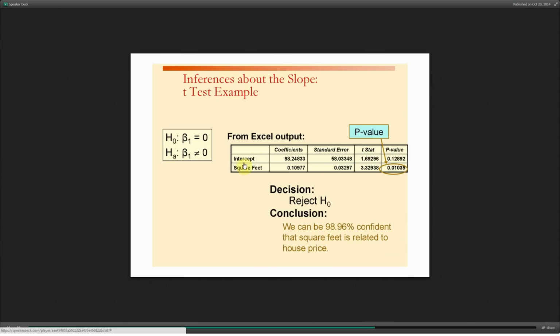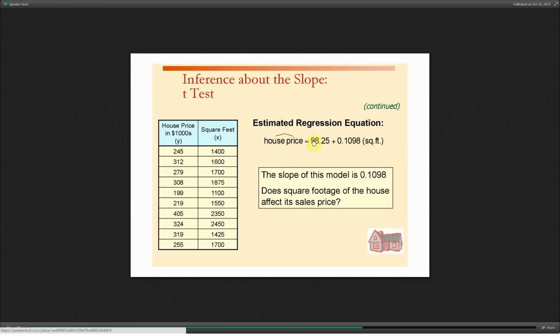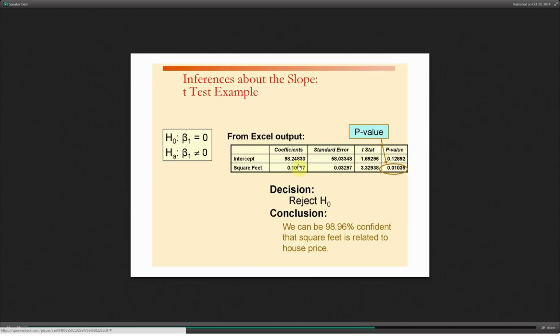So we get our regression output, and you'll see that our regression output will give us a table that says intercept and square feet. These are the coefficients. These are just these values here. And this is the standard error of these estimates. The t-statistic tells us what value we expect to be in our confidence interval or not. But most importantly, we just look at the p-value. And we see the p-value of